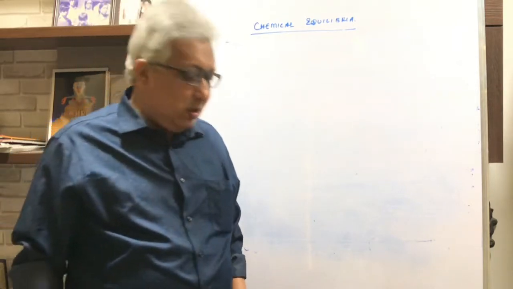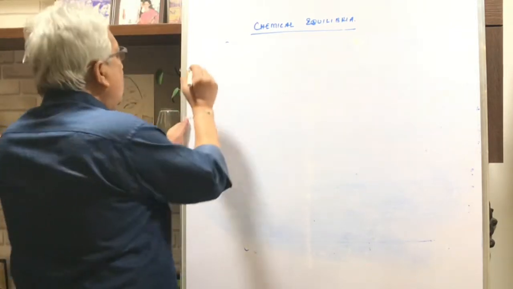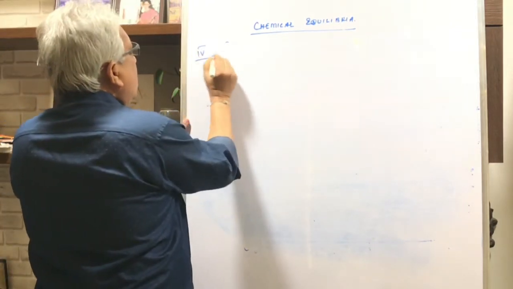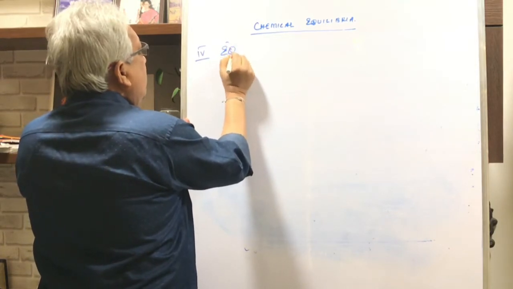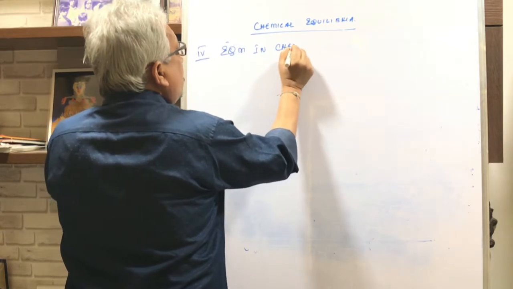So hello students, we have been discussing chemical equilibria, and now we are coming to video number 3 on that chapter. Today we will start our discussion with heading number 4, that is equilibrium in chemical process,